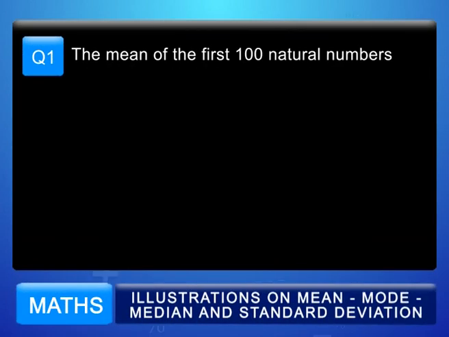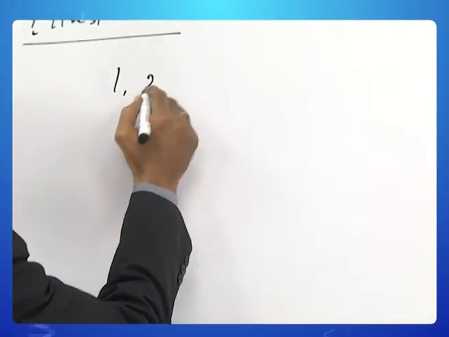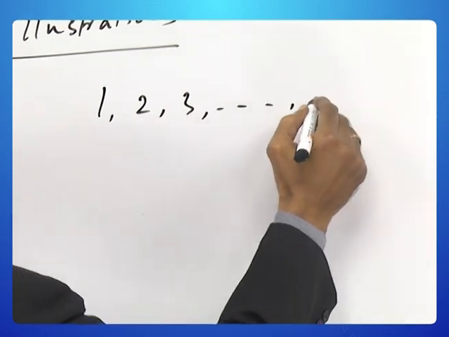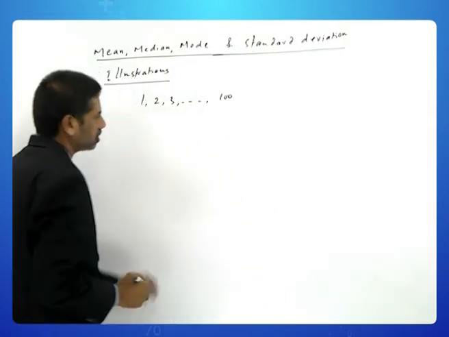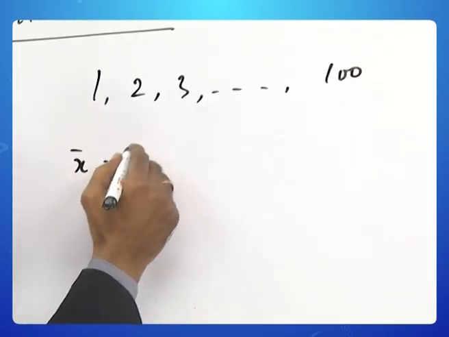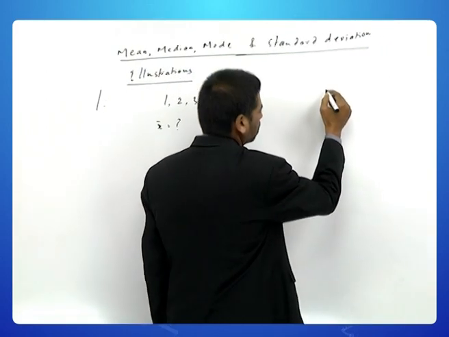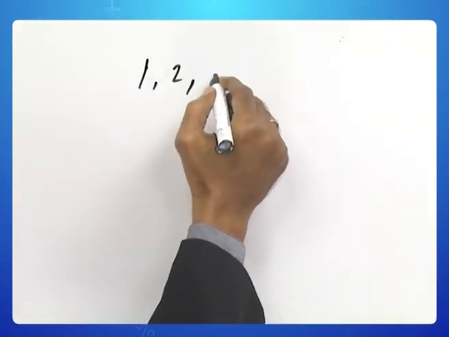Question number 1. The mean of the first 100 natural numbers is what? So, we have the first 100 natural numbers and we want the mean of this. Now, let us actually do a generalized thing. Suppose we have the first n natural numbers,